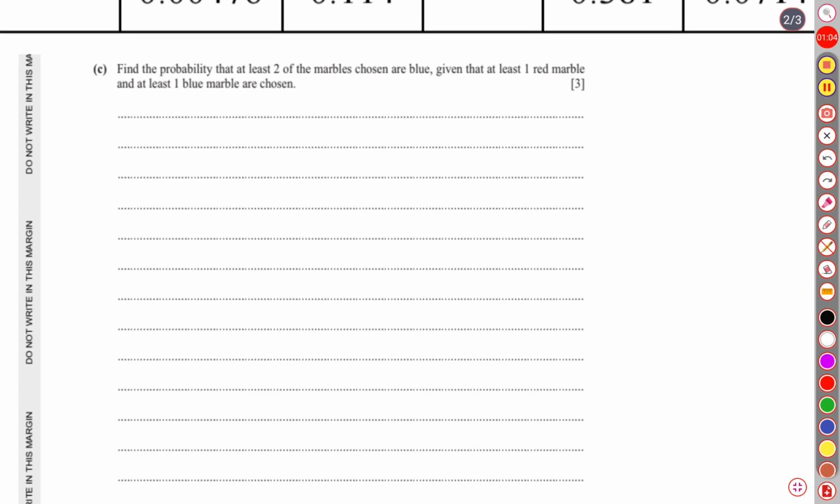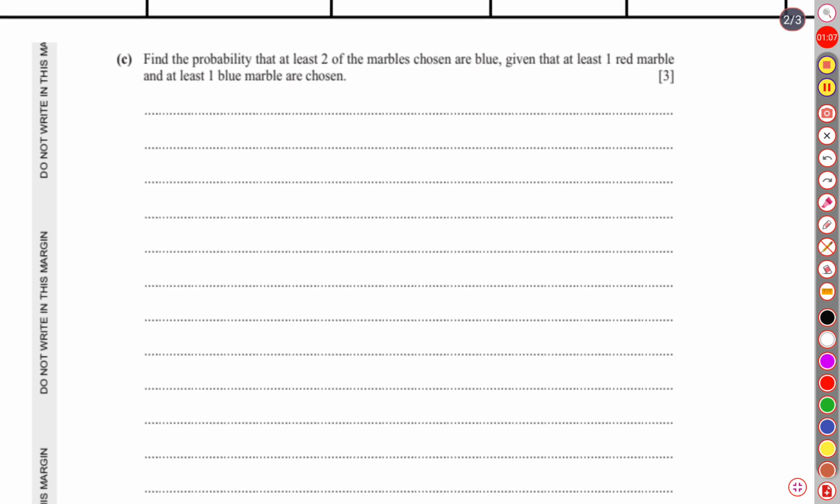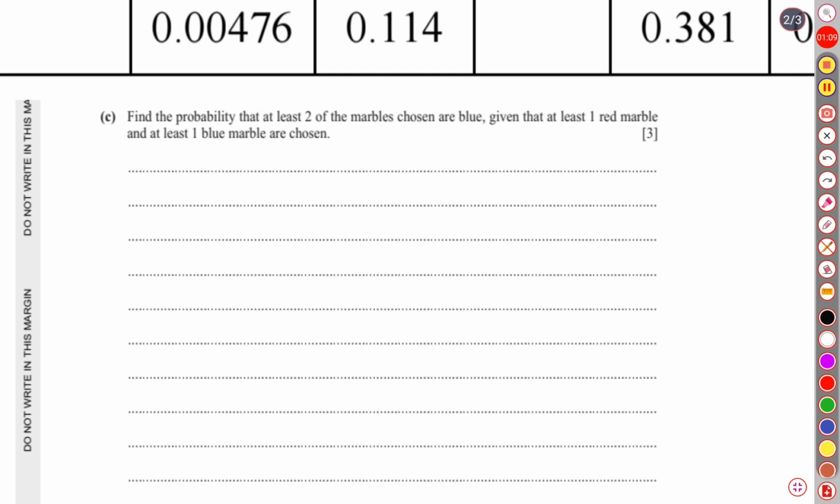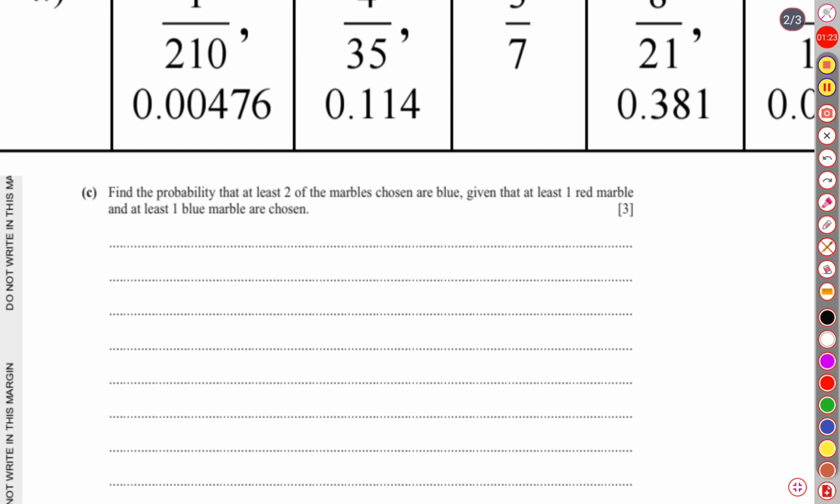Question number C says, find the probability that at least 2 of the marbles chosen are blue given that at least 1 red marble and at least 1 blue marble are chosen. So this is a conditional probability. First of all, we will find at least 2 blue marbles as well as at least 1 blue and at least 1 red marble. What does this mean? It means actually